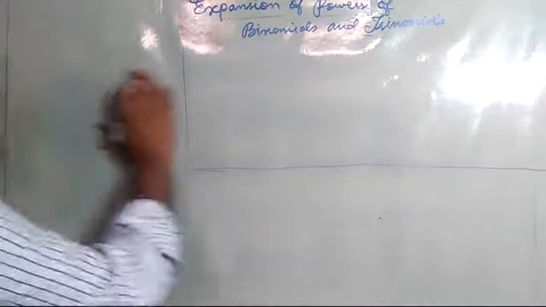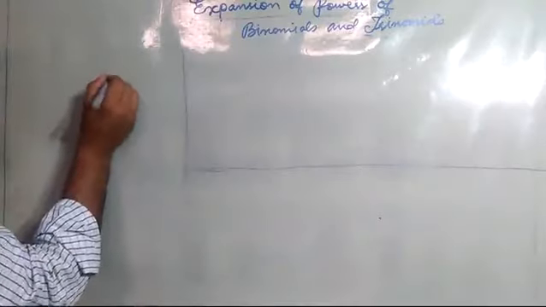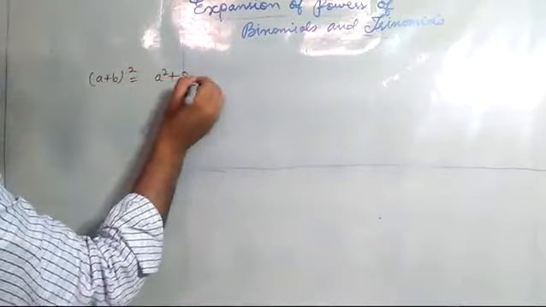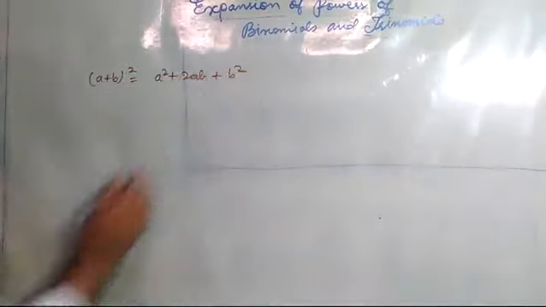Dear students, I have told you to write down the expansion formulas that were given in our book. Some of the formulas that I will be writing here. Rest already, I hope all of you must have written in your classwork copy, and do memorize all the formulas, so that it will help you while calculating the sums. Like a plus b whole square is equal to a square plus 2ab plus b square.